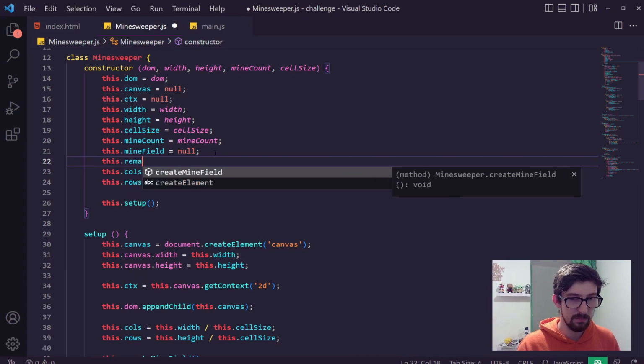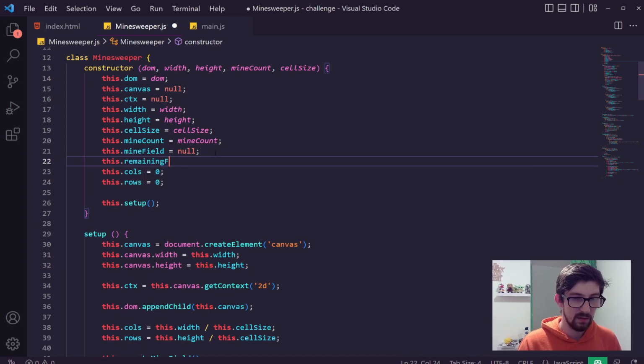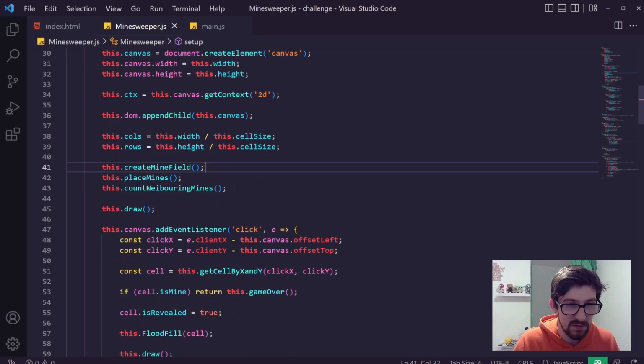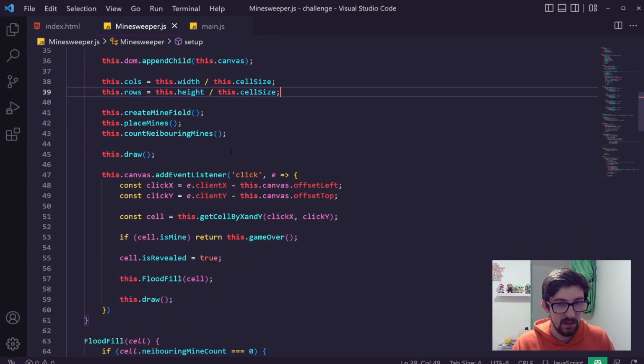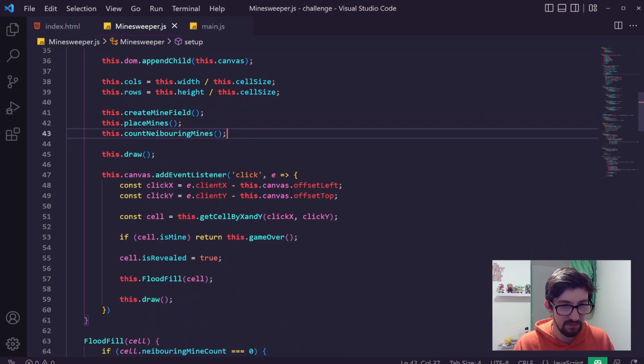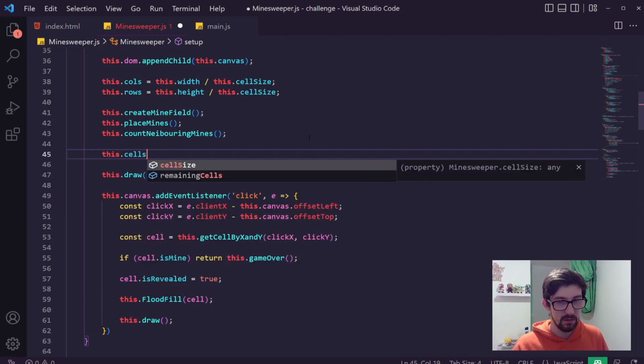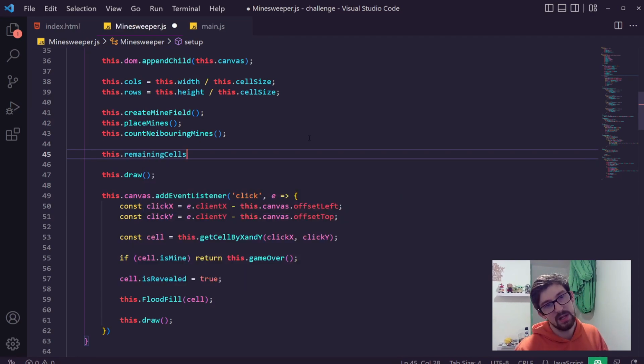This dot remaining cells, and we're just going to set this equal to null, and then in our canvas we're going to set this up here after, because we have to do it after we place our mines. We can even do it after this. What we're going to say is this dot cells, remaining cells, is equal to